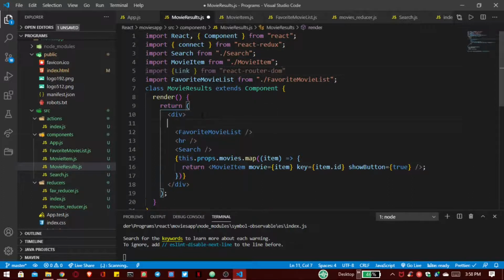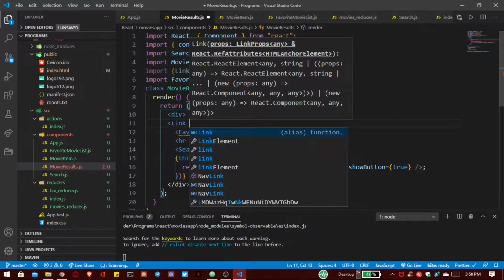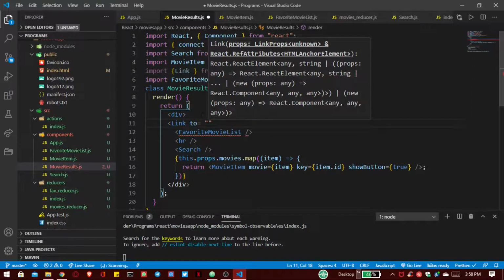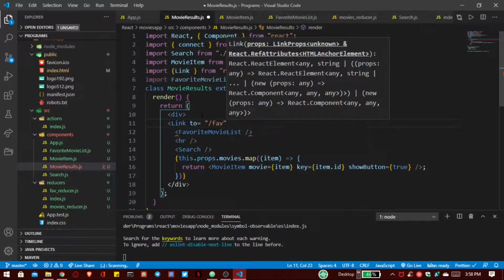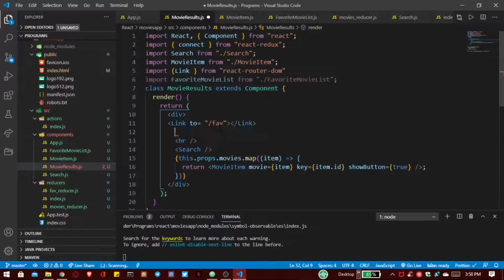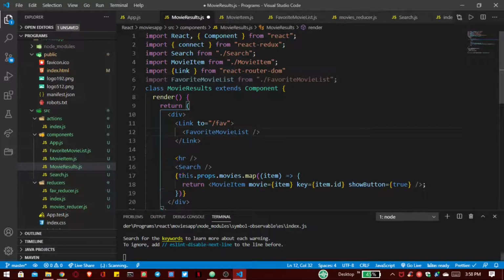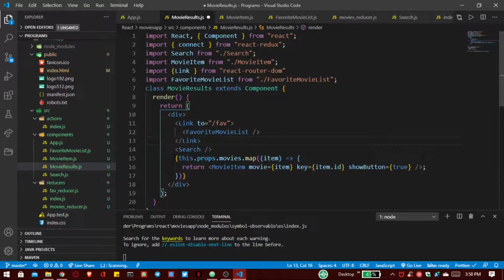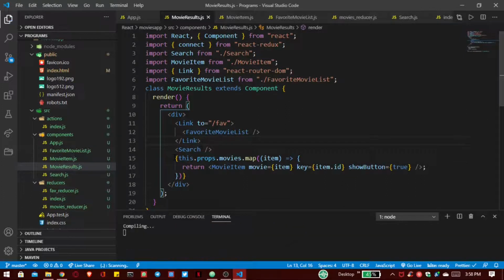Link to the path that is favorite, and let's cut this and put it here. Now remove this HR tag because it is not necessary now, and save this file.